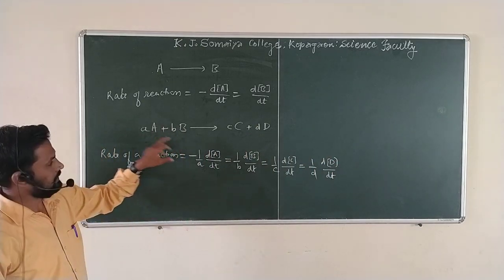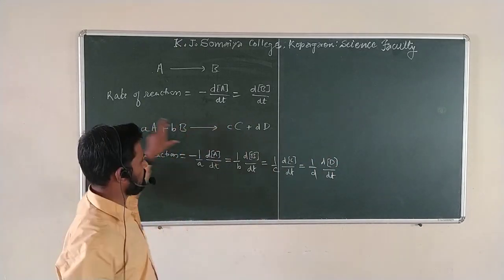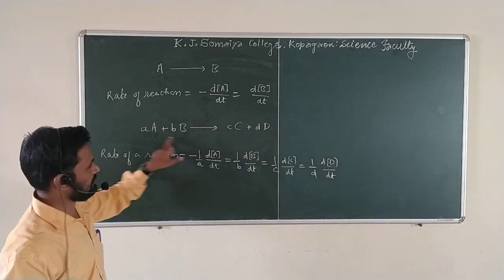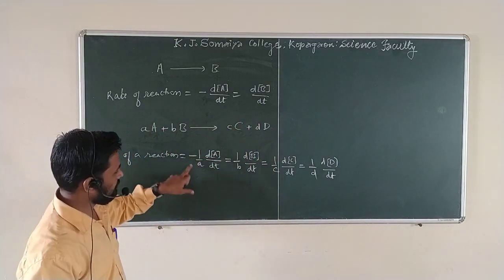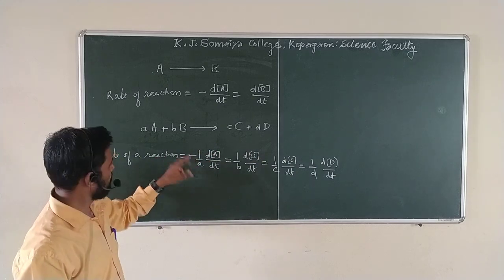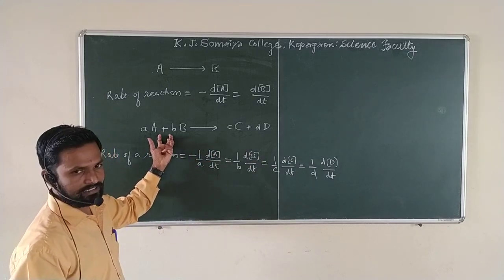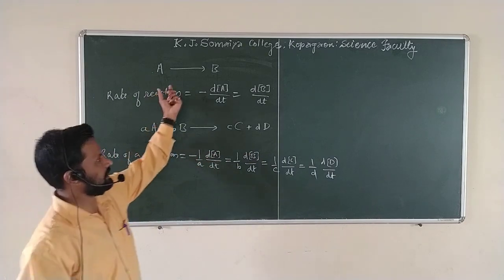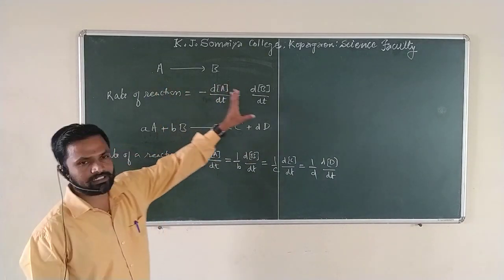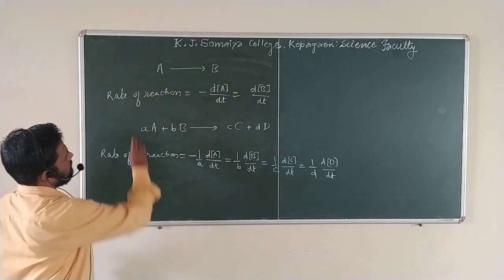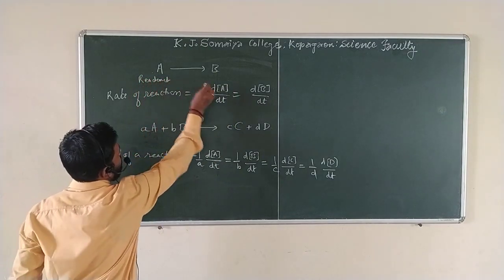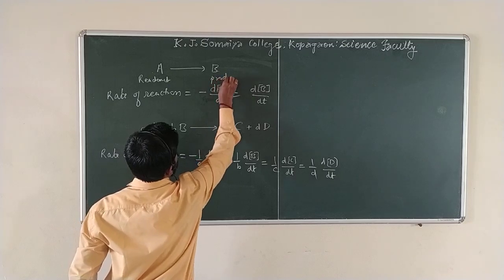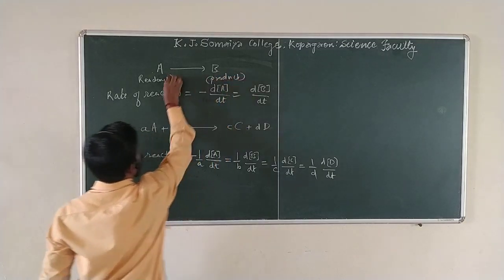Now, see this example. Here is a general chemical reaction with stoichiometric amounts. We write the rate of reaction as minus 1 upon a. The negative sign is there because we are writing in terms of the reactant side. A is the reactant molecules and B are the reactant molecules as well, while C and D are the product molecules.